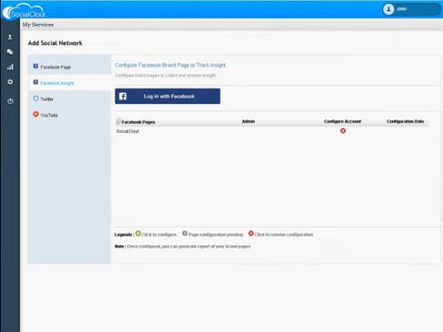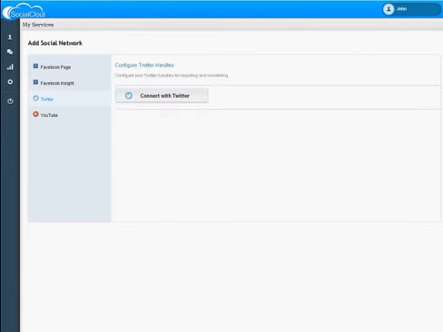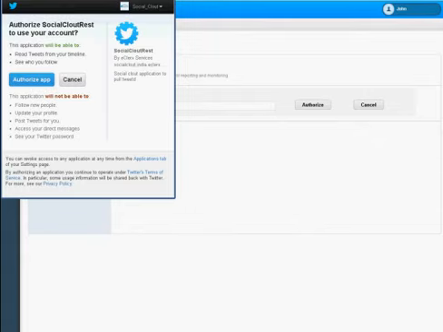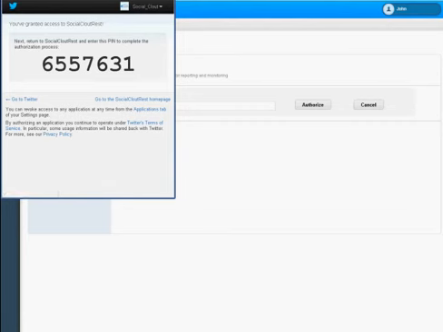Click on Facebook Insight on the My Services page and follow the same process as for the Facebook fan page configuration. Once you see your page in the list, use the configure button to configure the page. Once you configure your Facebook page for Insight, you can generate Facebook Insight reports for the page.